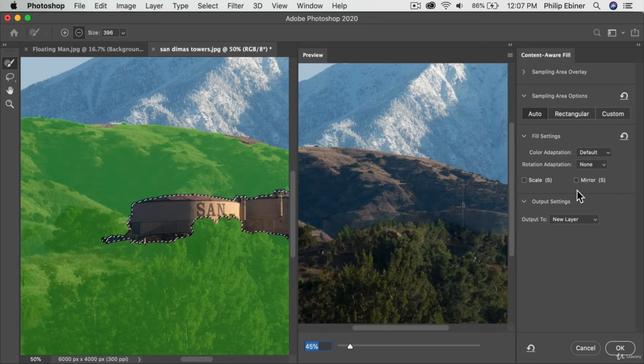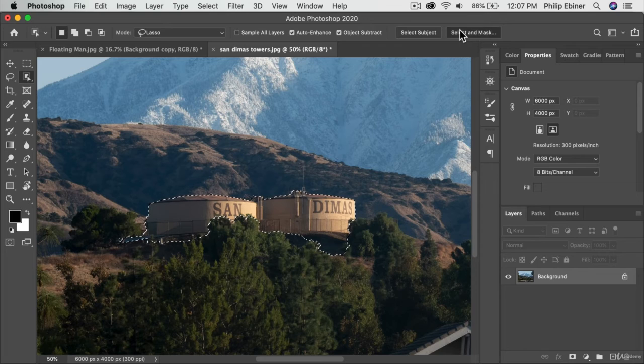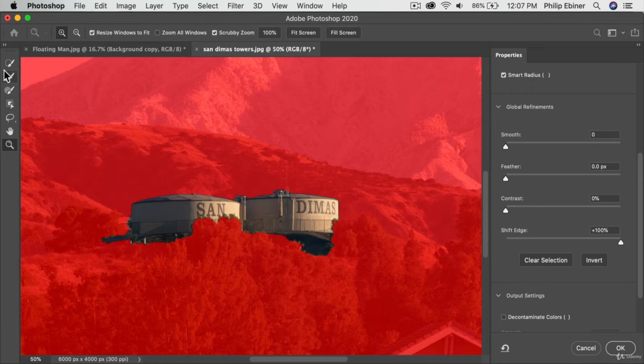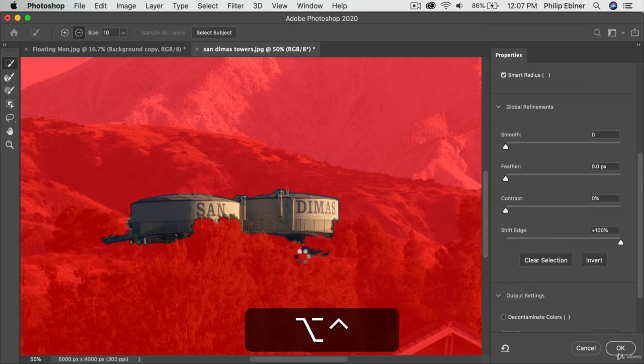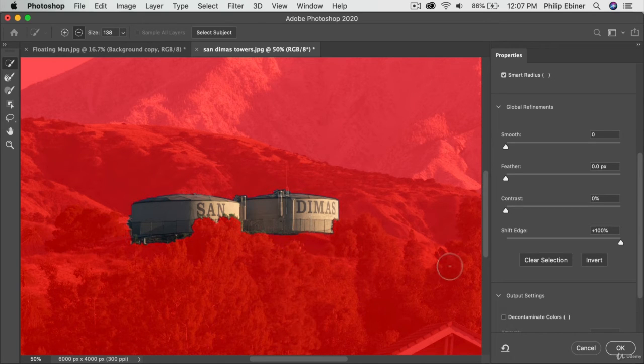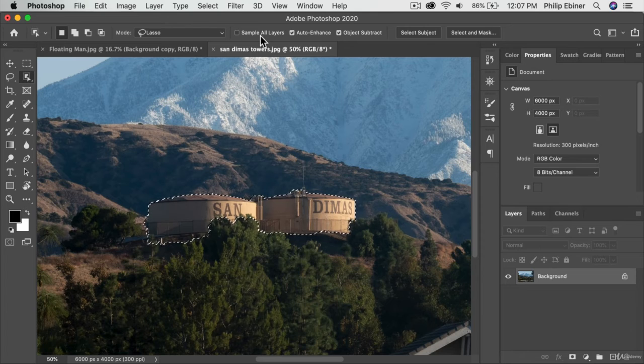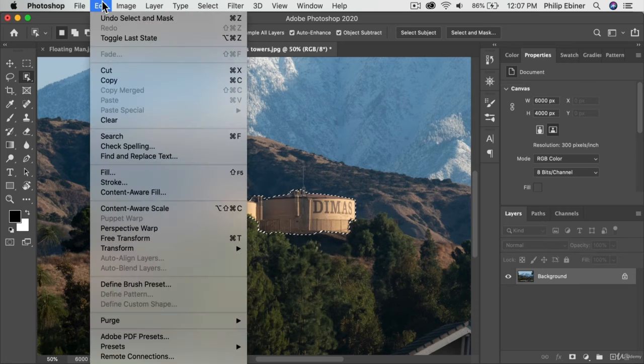And you can adjust these settings and it can help, but what you'll want to do first though is actually go back to the select and mask option. I'm going to get rid of this part of the selection down here. Let's make our brush a little bit bigger because I don't want that. And over here is fine too. But then also I'm shifting my edge up 100%. And the reason I'm doing that is because that will help with the edges of the content aware fill being seen or not. So if we go back and we select OK for that selection,